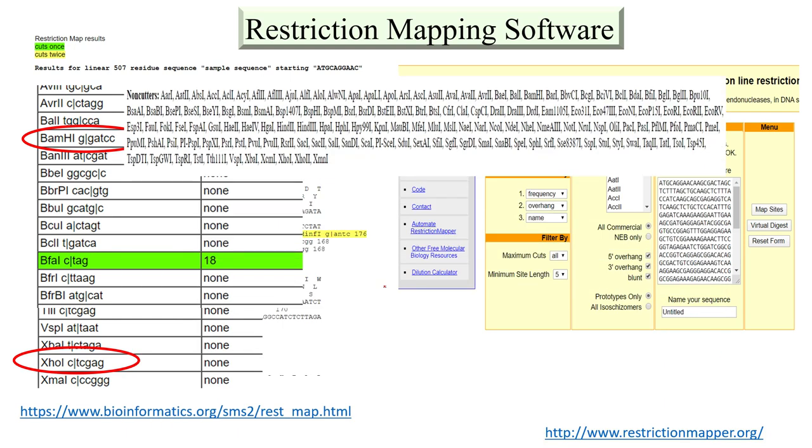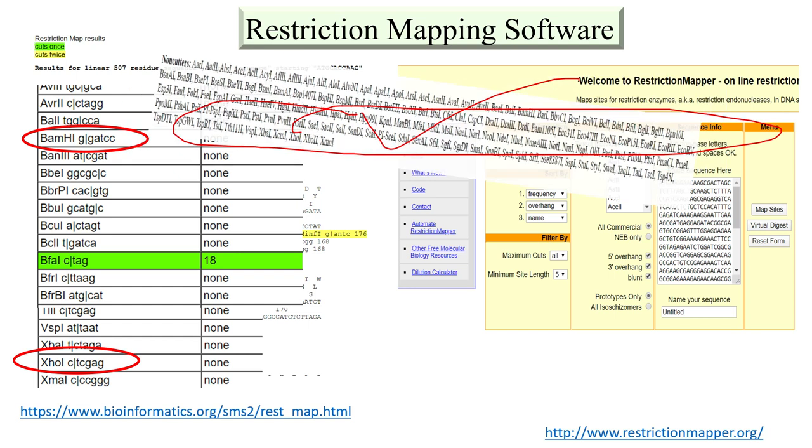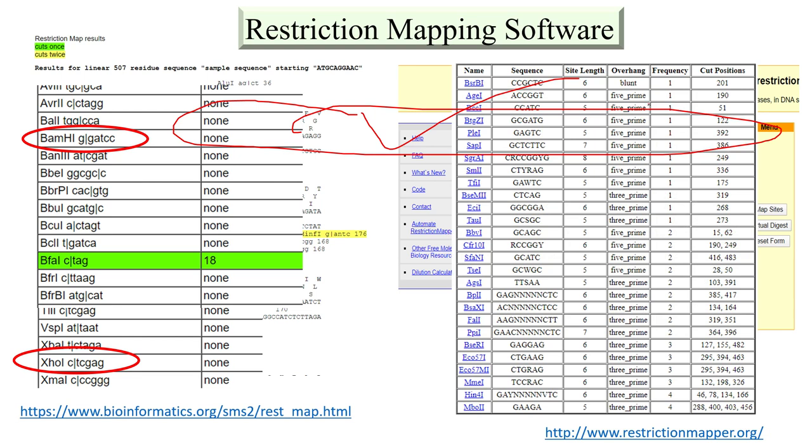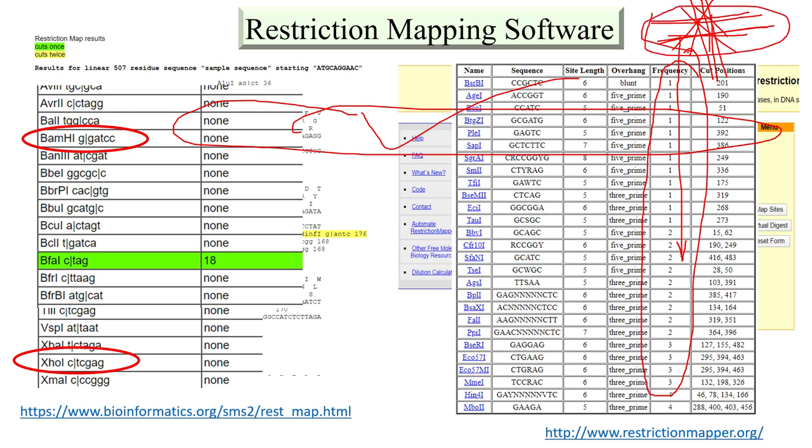You have also seen these non-cutters. You cannot use those restriction enzymes whose frequency is more than 1, because if your gene is cut in between, if your sequence is abolished or cut, then your protein will not express.